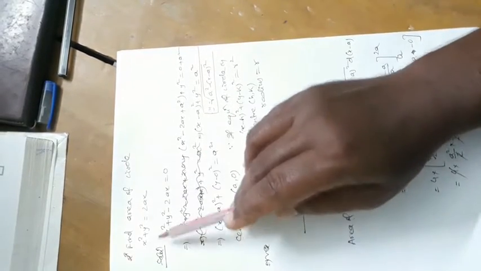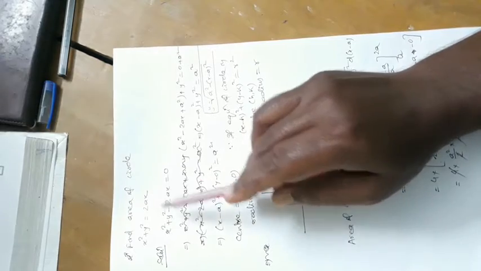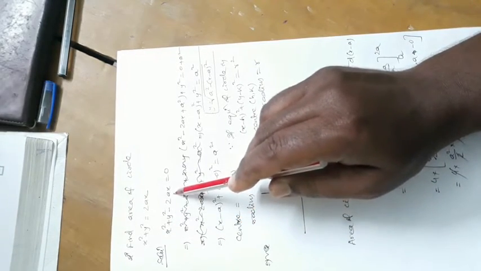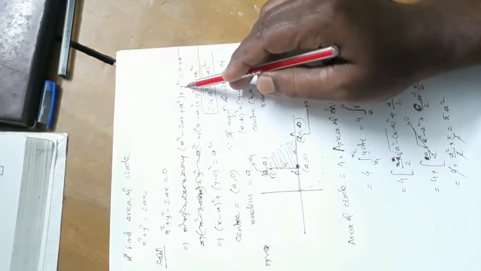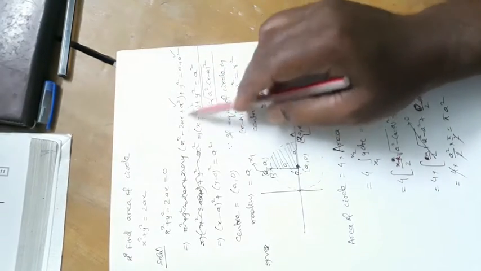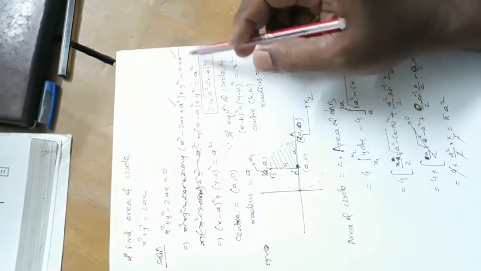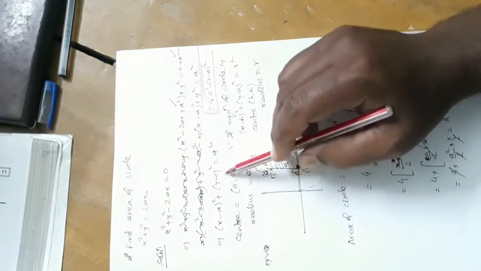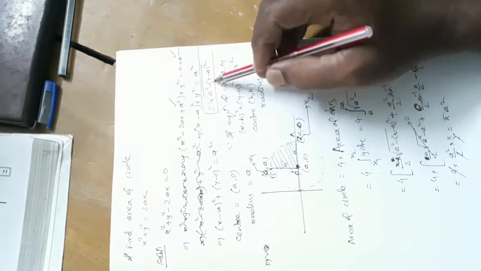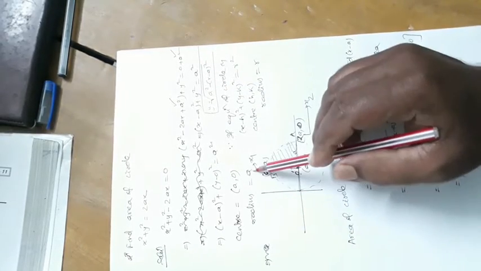Okay. Now another problem, find the area of the circle x square plus y square is equal to 2ax. Now what is x square plus y square minus 2ax? Solve it. x square minus 2ax, add a square here, plus y square, keep constant, is equal to 0. Here you add a square, then you add a square on the other side, it becomes x minus a whole square plus y square is equal to a square. Write it as x minus a whole square plus y minus 0 whole square is equal to a square, that is y is equal to what? The square root of a square minus x minus a whole square. Now the center is what? a, 0, radius is what? a.